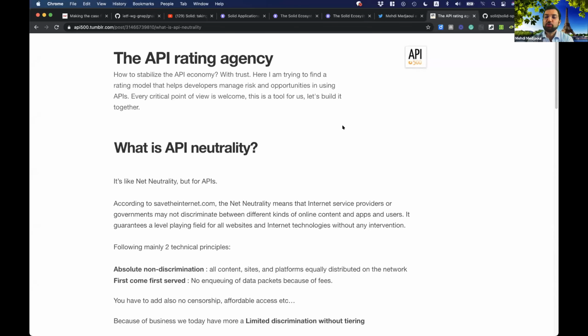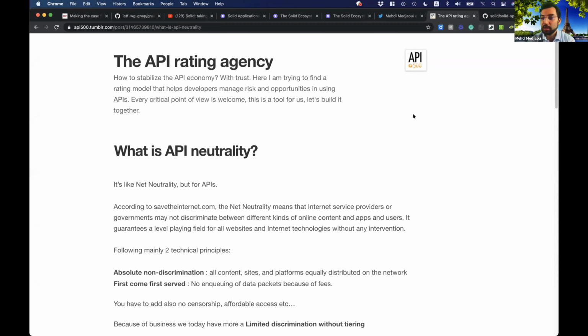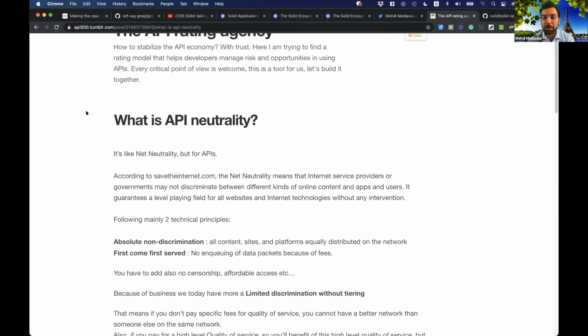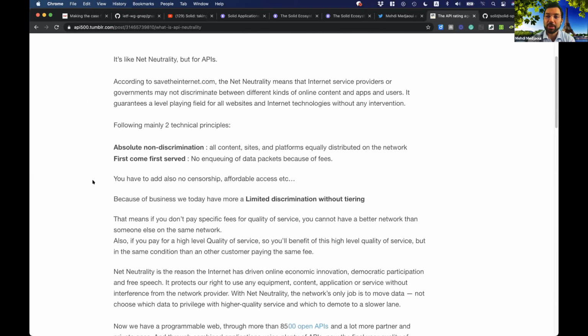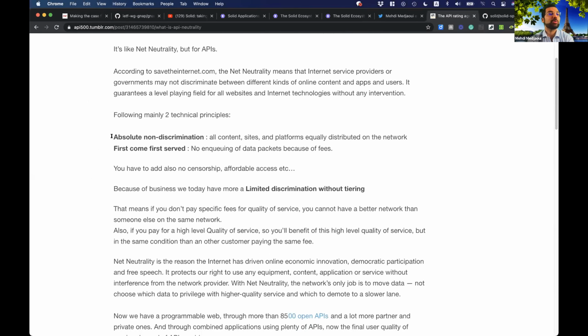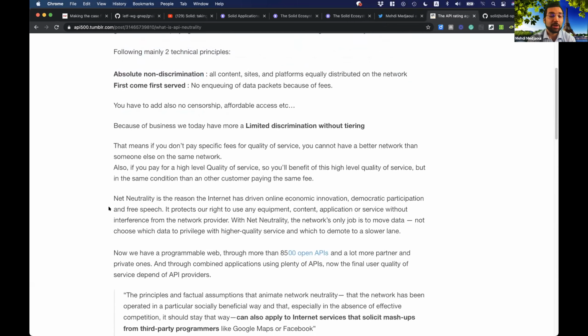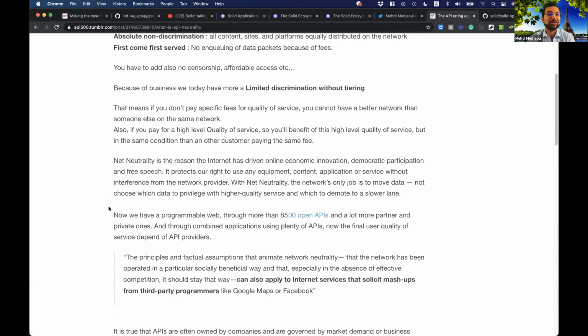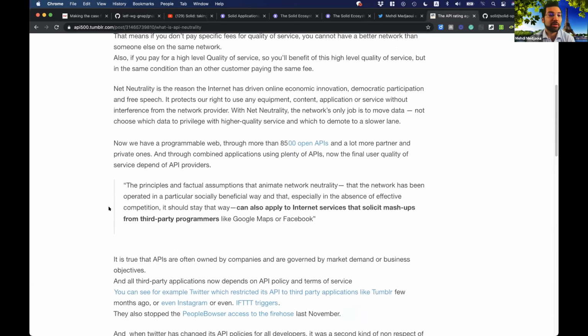Yeah, if we have the time, I would like to make some comments about the previous talk also. But yeah, API neutrality is just, as I said in an article written in 2012, like net neutrality for APIs. It's actually the ability, which can be regulation enforced or at least terms of service enforced, to promise that you will not discriminate against anybody using your APIs. You will not revoke access for weird reasons, because they are a competitor, or because you consider there is no reciprocity in the value they take from your API and the data that the users granted you, as identity provider, to export on their platform.